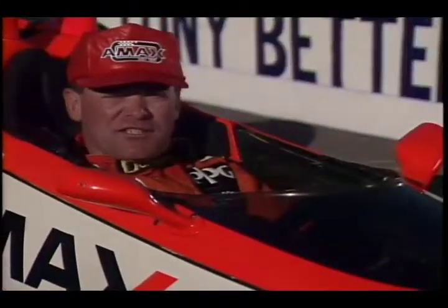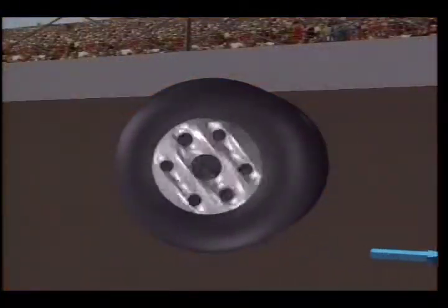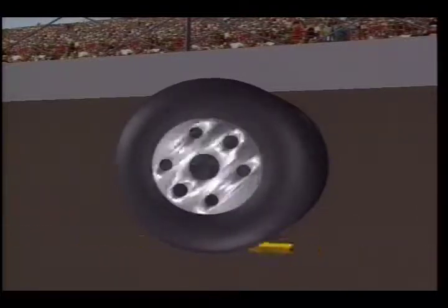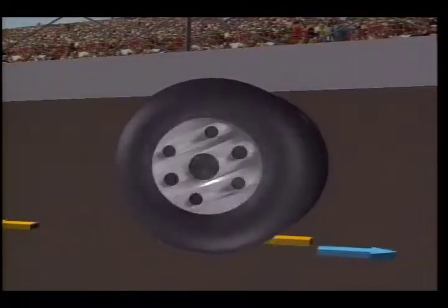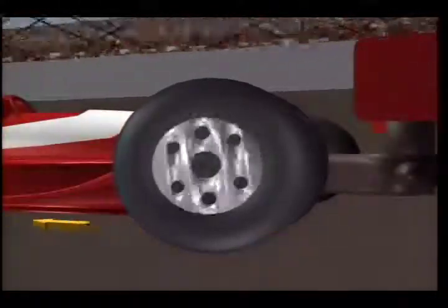Look how fast these Indy cars accelerate onto the track. As you watch Indy cars accelerate onto the track, you're seeing an example of Newton's third law. As the car's tires roll forward, they push against the track in one direction. The track in turn pushes back against the tires with an equal force and in the opposite direction. So for every action of the tires pushing against the track, there is an equal and opposite reaction of the